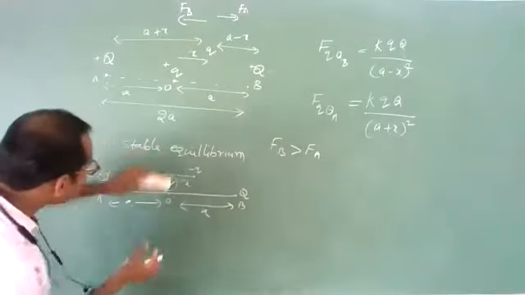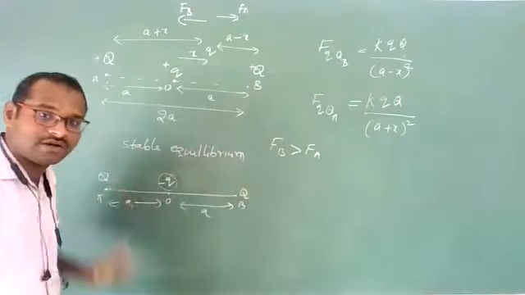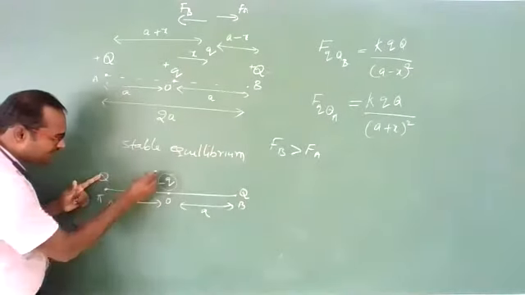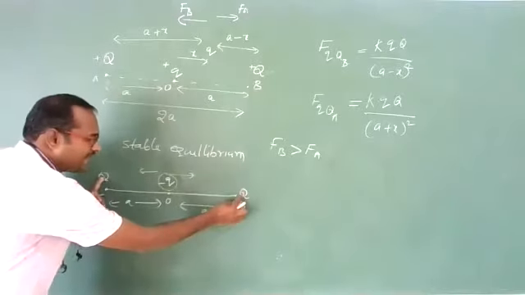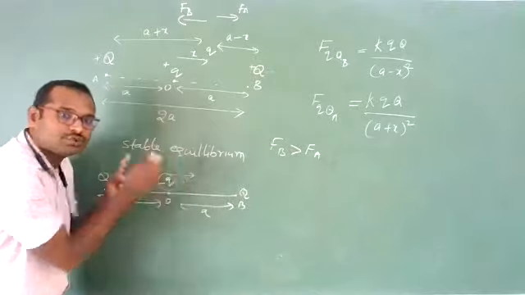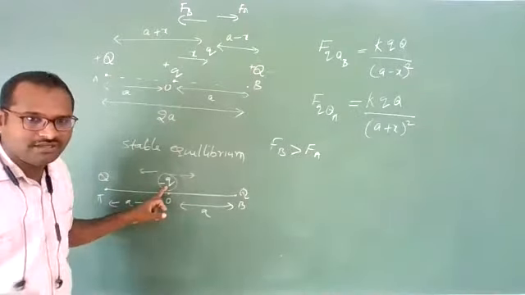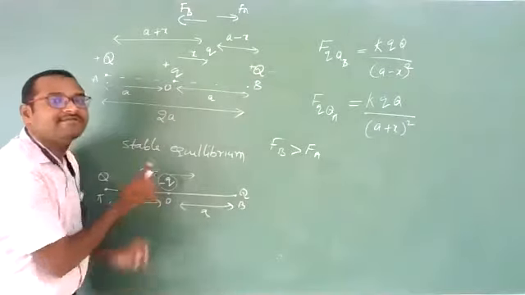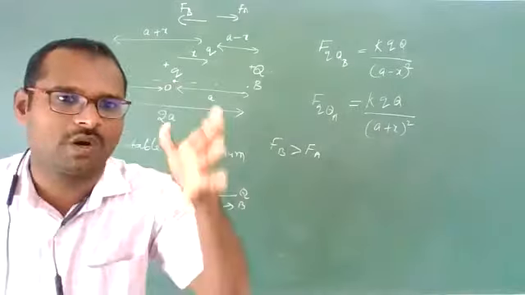See, when a negative charge is placed here, let us first check whether it is in equilibrium or not. Yes, due to this attractive force on this side and this attractive force on the other side. Because both the magnitudes are equal and distances are equal, the two forces should be equal. So the negative charge is also in equilibrium position. Now the question is whether it is in stable equilibrium or not.